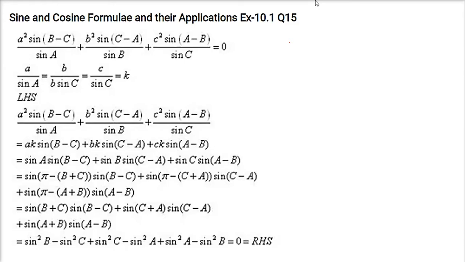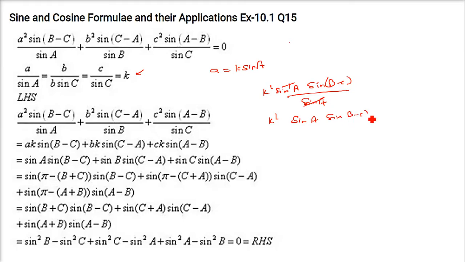Here in this we have to prove this to be 0. So we'll use the sine rule. Let us take the first one. What do we get? This a is k sine A. A can be written as k sine A. So I am putting it here. a square will be k square sine square A, and this will be sine B minus C. And then you have sine A. So one sine A cancels, so you get k square sine A